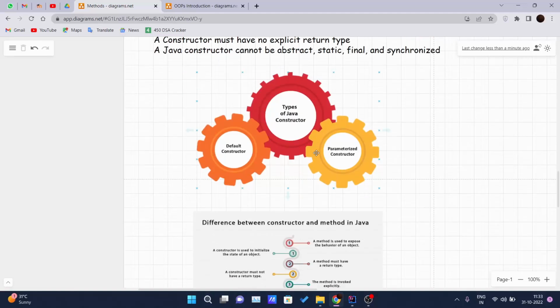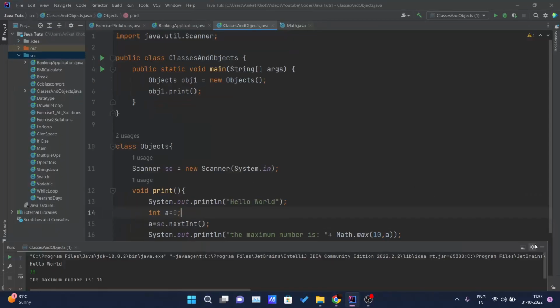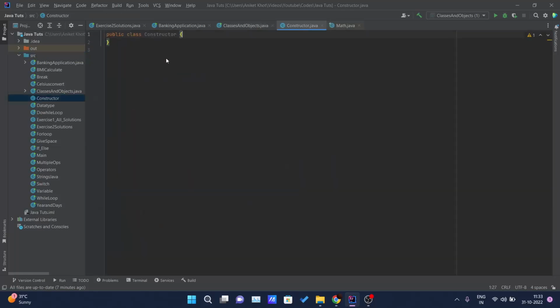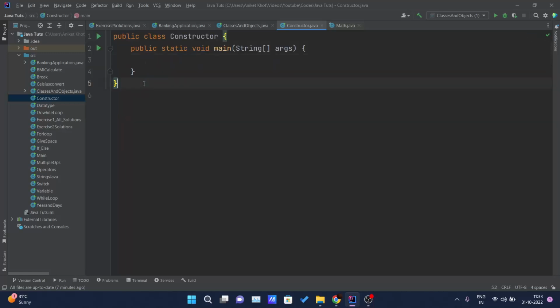So there are basically two types of constructor in Java. One is the default constructor, and one is the parameterized constructor. So let's first see what is the default constructor. Let me get into my IDE, and I will create one new Java class named Constructor. Let me increase the font size. I will write the main method here. I will declare one another class